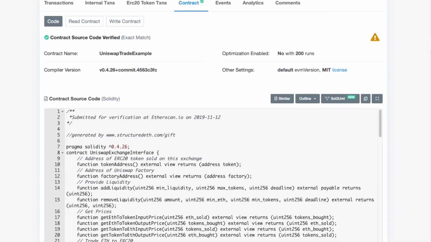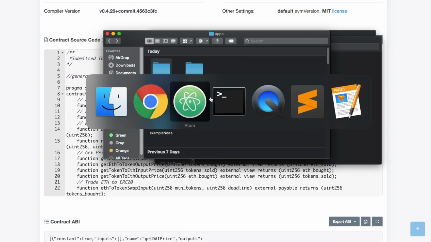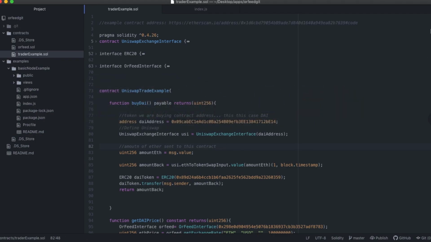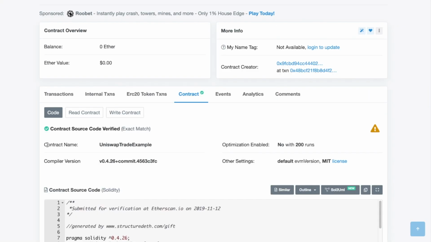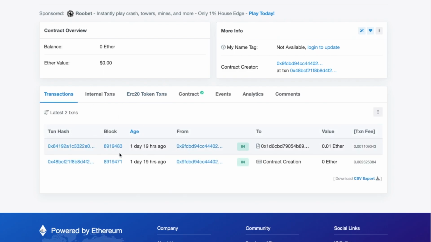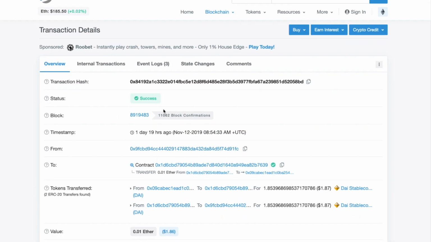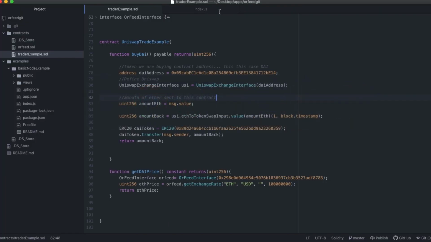All right, so that's a quick introduction to how that works. Let's actually get some of this to work. Yesterday we did one simple transaction over here, and you can see the transactions we did by clicking on transactions. You can see that we sent to this contract, and you can do that too by testing. You won't lose any money. You'll send Ether to it, and it'll convert it to DAI, which is just USD. Then you could take that to Uniswap or wherever and convert it back to ETH if you want. So you can always use this smart contract to see exactly how this code works and to understand it.